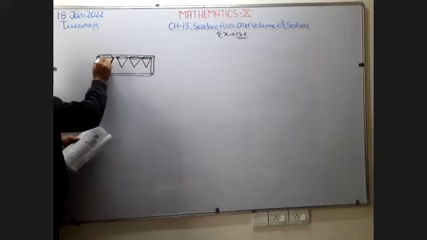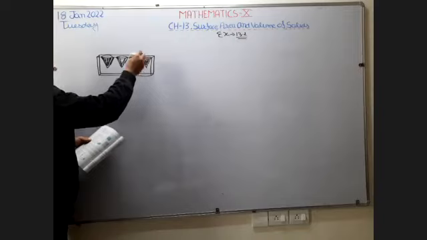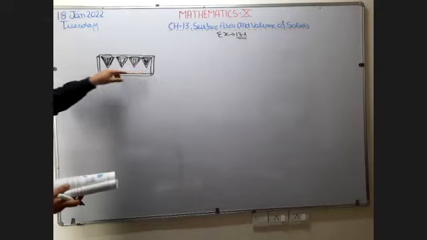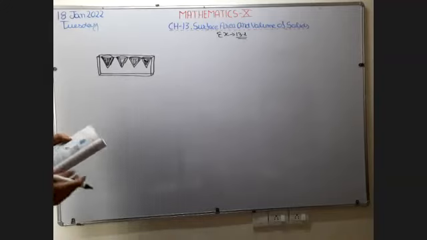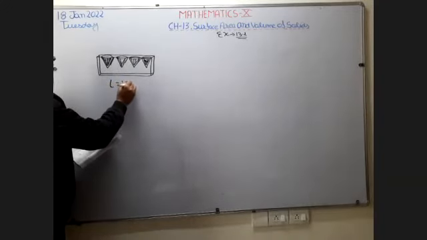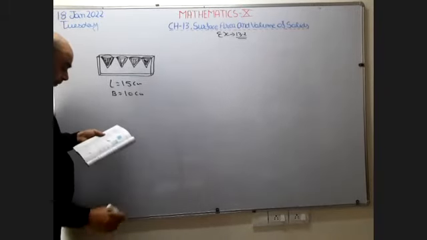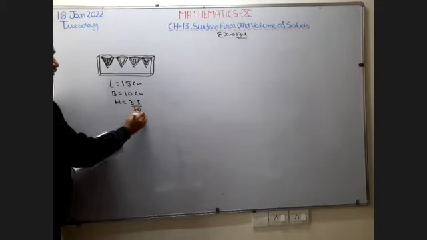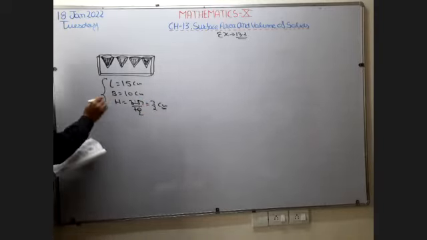Okay. We are going to hollow out this conical portion from the cuboid block to make the pen stand. To make a pen stand, we remove these 4 conical shapes from the given wooden block. Now see what is given. The dimensions of the wooden block are given. Length 15 centimeter. Breadth 10 centimeter. Height 3.5 centimeter. Remove this decimal: 5 2s are 10, 5 7s are 35. So this is going to be 7/2 centimeter. So these are the dimensions of the cuboid.